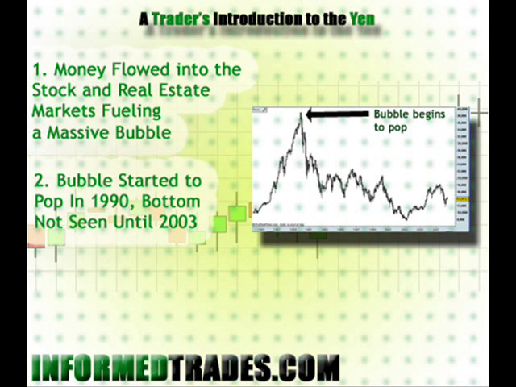From the high of the stock and real estate markets in 1990, both markets made a slow and painful decline. It took until 2003 for the stock market to finally bottom, down from a top around 39,000 to a bottom of around 7,600. According to Wikipedia.org here again,